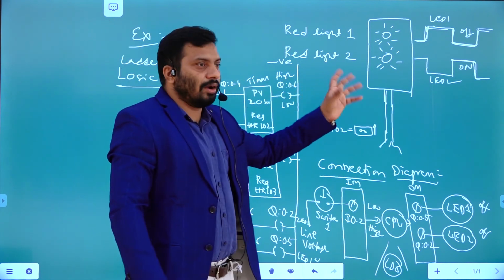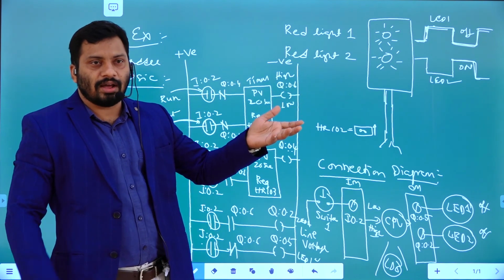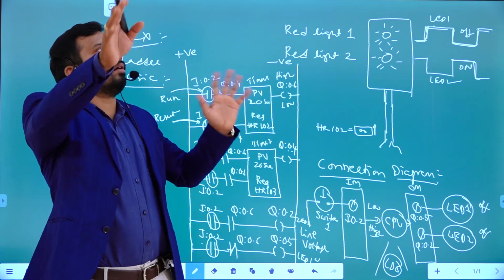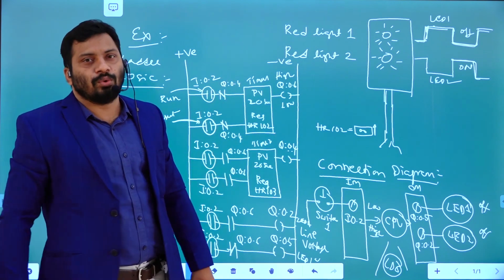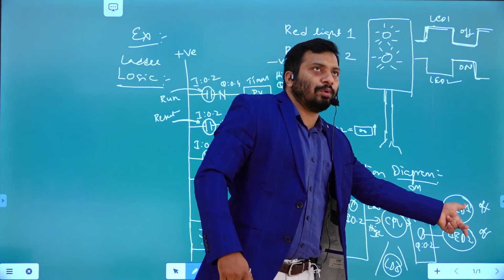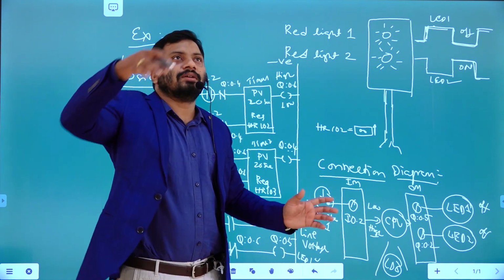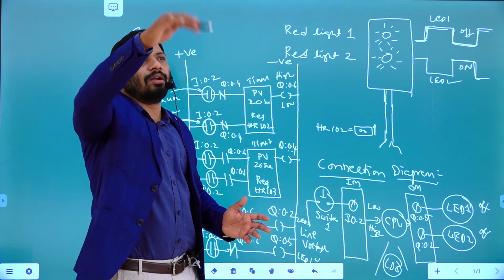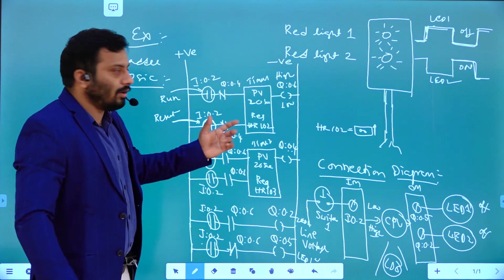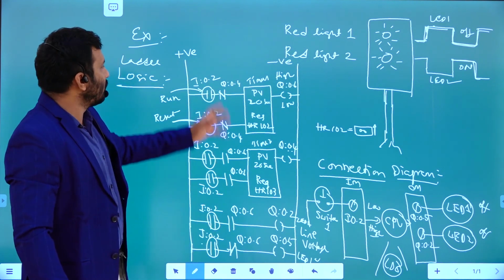If you want to switch on and off lights alternatively, you can consider motors also. Alternatively you can turn on two motors, two fans, or two lights. Like that, you can do anything by connecting these loads to the output module. If you use a switch or a proximity sensor, whenever someone enters, you make one light go on and off alternatively to indicate someone has entered. For any application, you can write a program like this. This is the ladder logic for this particular application.